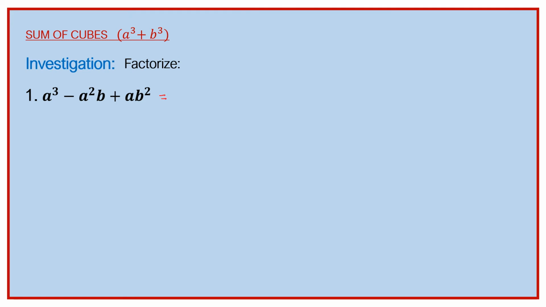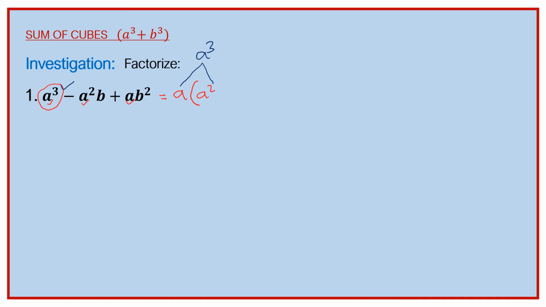For that case, we see that this is a, and this is a. So a is a common factor. We write a and we open the brackets. So now, this is a cubed. Here we already have a. So we write a squared, such that this times this will give me a cubed, which is this one. Okay? Then